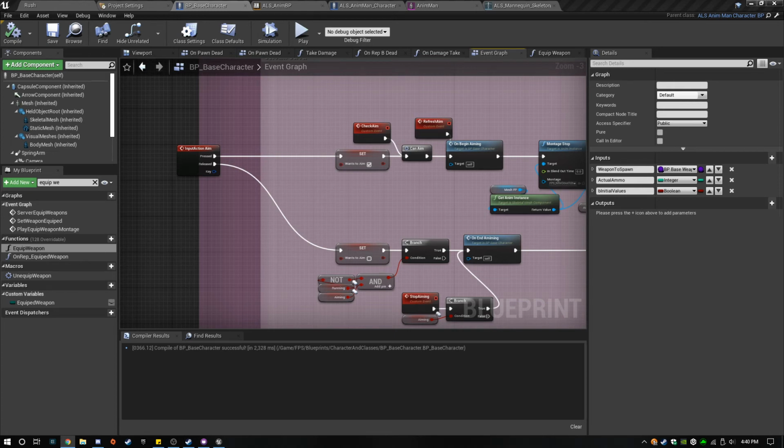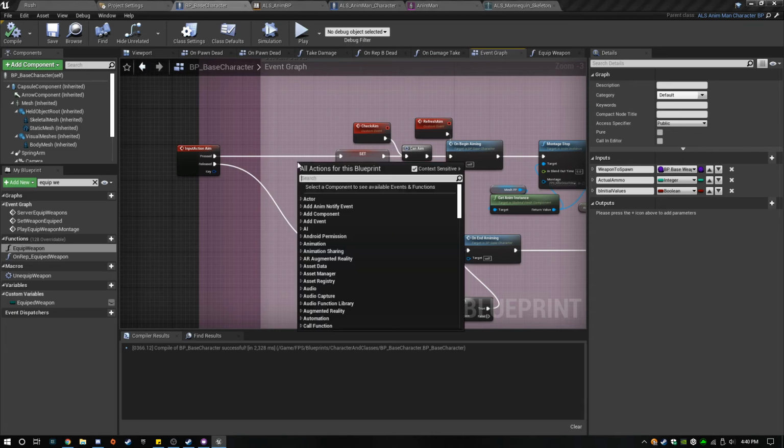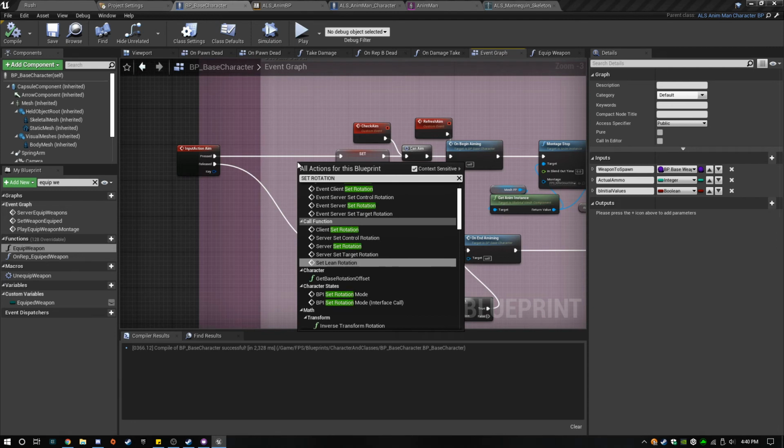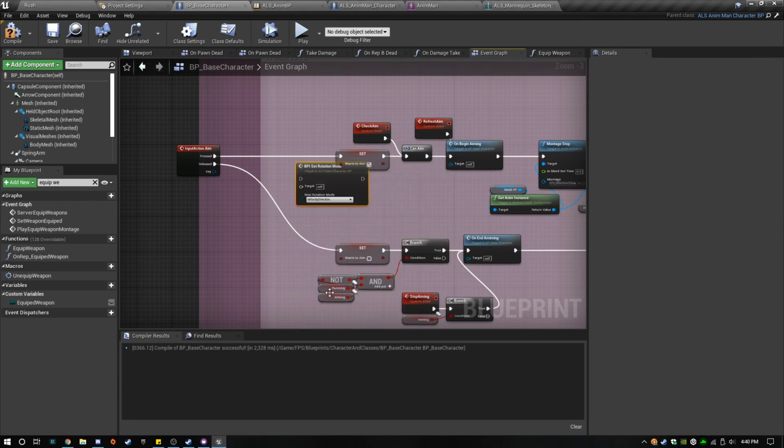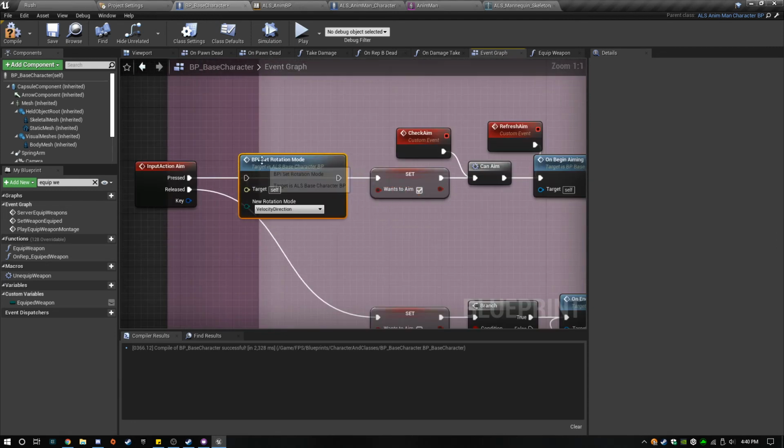Which one do we want? Okay, it is set rotation mode. So when we press aim, we want to set the rotation mode to aiming.